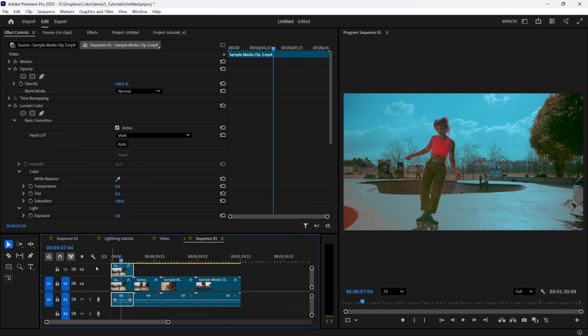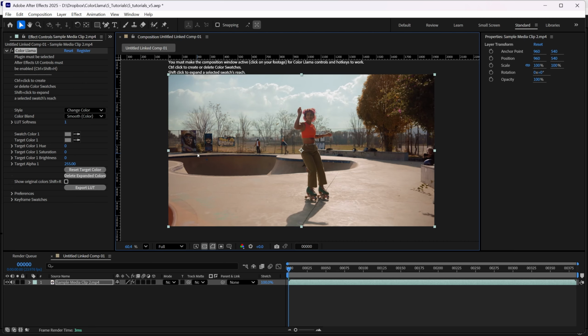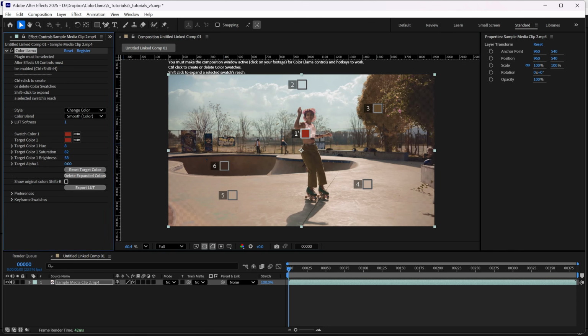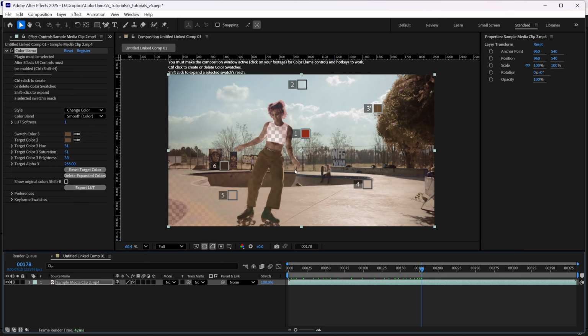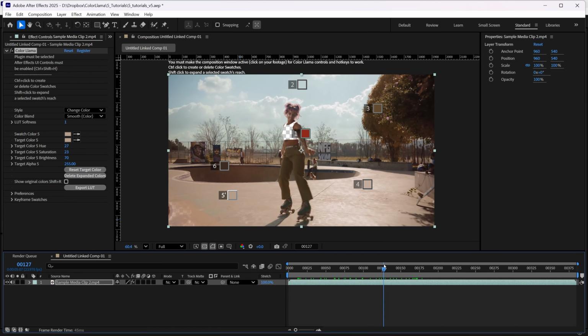Let's look at the limitations of lookup tables, however. I'm moving back into After Effects because it's easier to work with alpha values and animation. So let's say, for example, on this swatch, I bring down the alpha value. And her shirt is somewhat transparent. Just fixing that key, I'm not sure why I care. Using my expansion colors. Okay, good enough. Now, if I go ahead and I export this LUT,